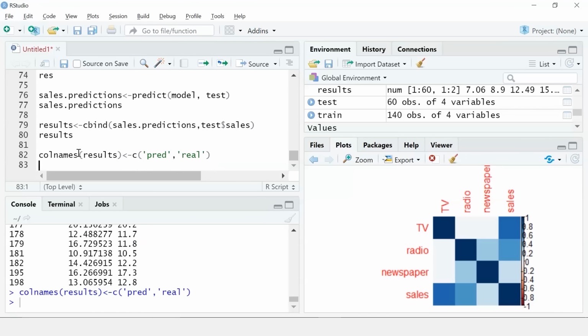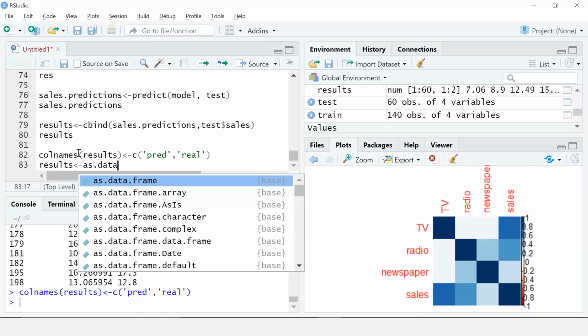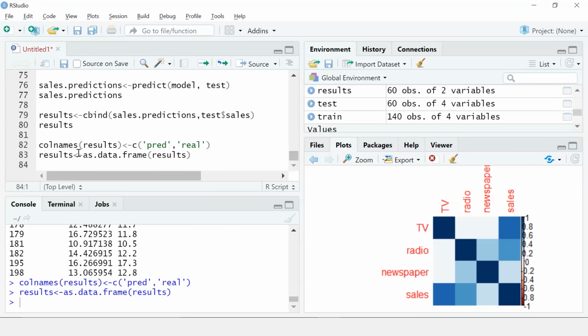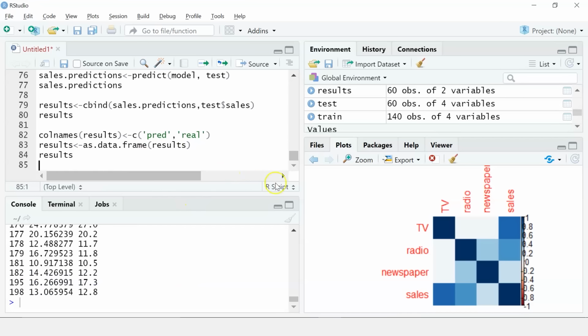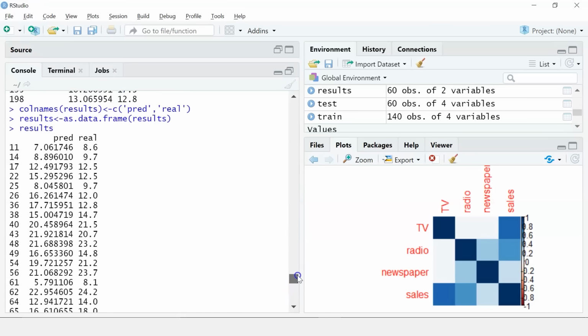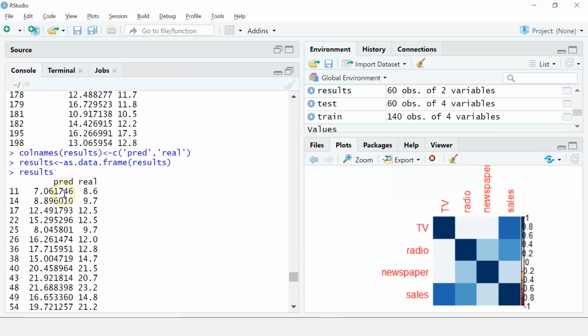We run it. Now I'll convert this into a data frame. So I'll use as.data.frame and give my results variable. Now if I display results, you can see, go on top, you can see the columns have been assigned successfully. So on the left you have the predicted values and on the right you have the real values.